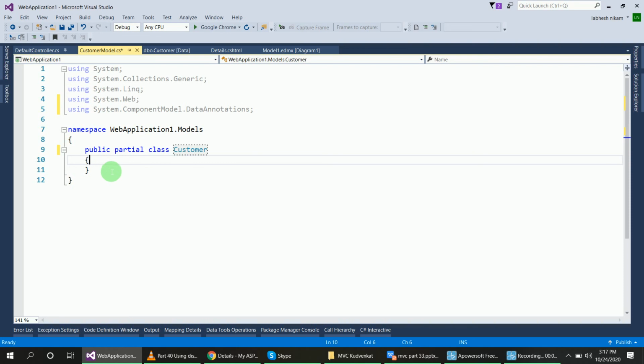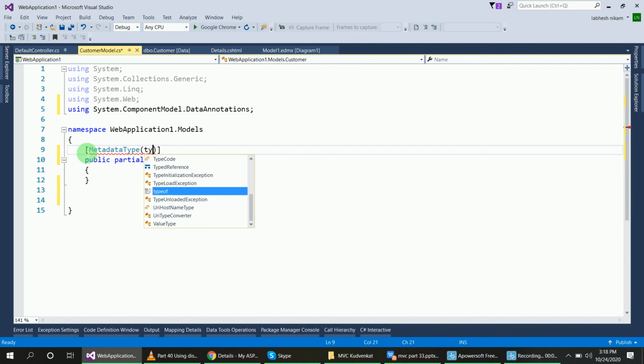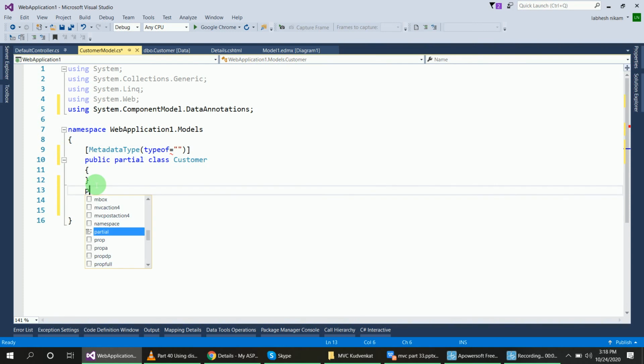Now I will create a metadata type class. For that I need to add the MetadataType attribute, and inside it typeof equal to the name of that metadata class. I will add this public class, and the name of that class is CustomerMetadata.